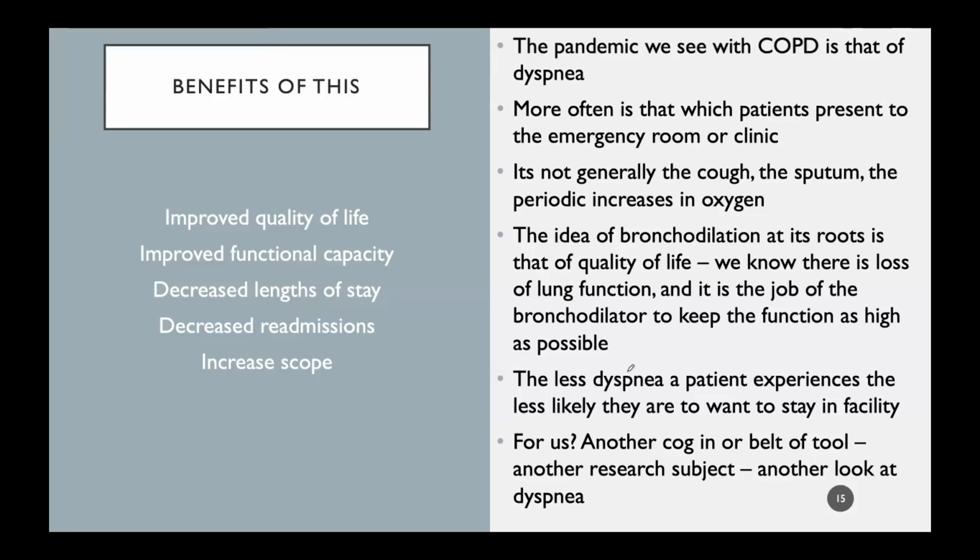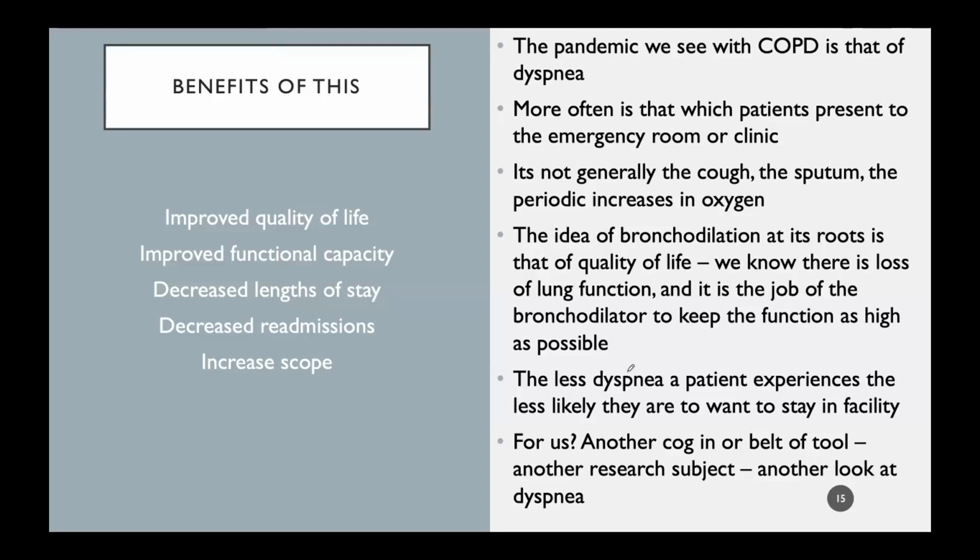Shortness of breath. The idea of bronchodilation at its roots is that of quality of life. We know that there is a loss of lung function, and it's the job of the bronchodilator to keep the function as high as possible. Now, I'm not going to say that Lasix is a sympathomimetic, parasympatholytic. I'm not going to call it any of those things. It's a loop diuretic, right? That's what it is. But it's showing, in some cases, subjectively, for shortness of breath, but it's showing objectively to be improving some things in terms of bronchodilation,